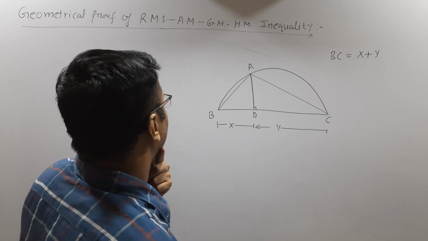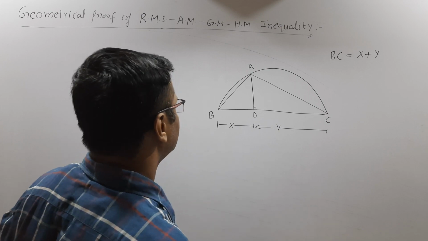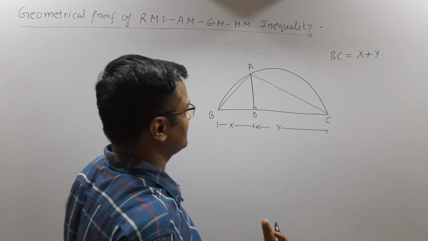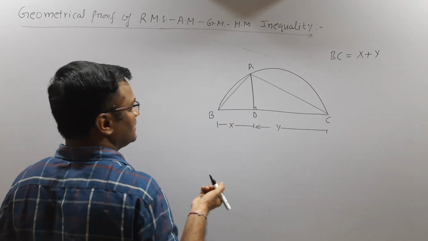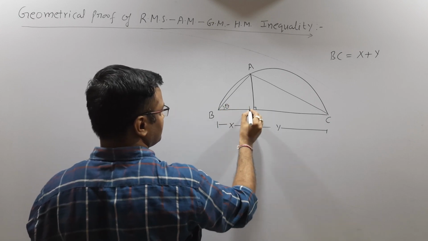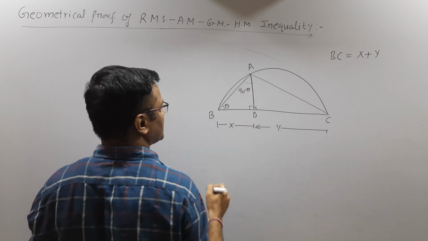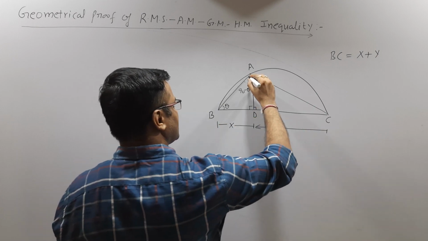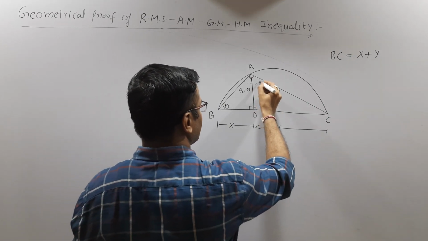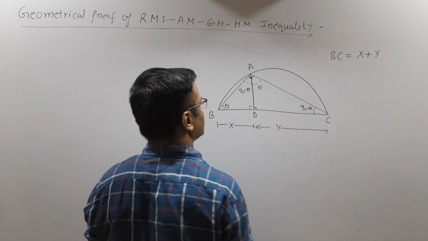Okay, so first I want to find the length of AD. How can we find this length? Obviously, we can use similarity, or else we can go with elementary trigonometry. If we go with similarity of triangles, suppose this angle is theta, this is 90, so this angle becomes 90 minus theta. The angle in the semicircle is a right angle, so obviously the top angle A is 90 degrees. So this angle becomes theta. This is again 90, so this becomes 90 minus theta.